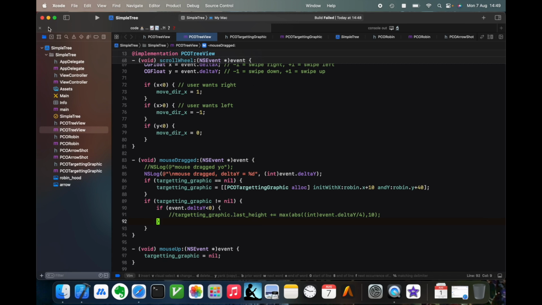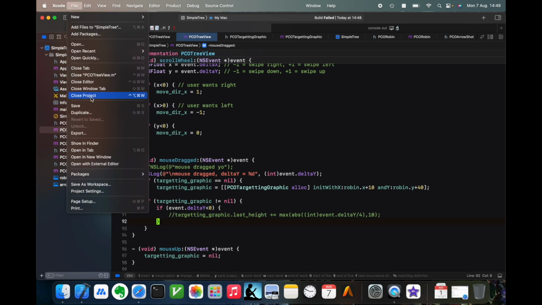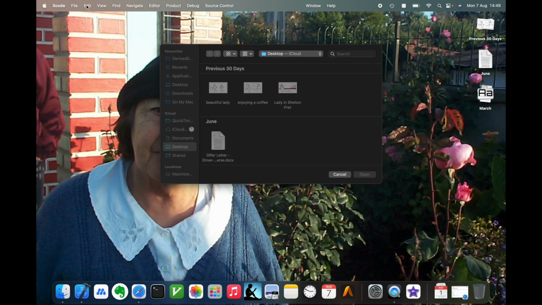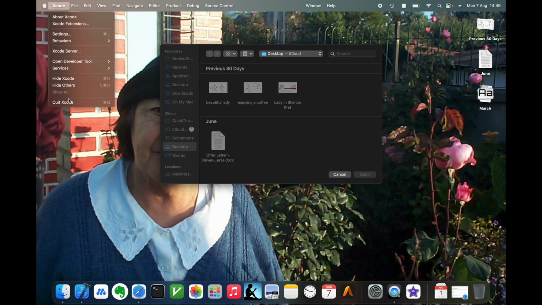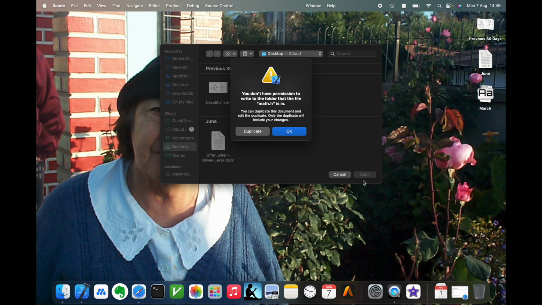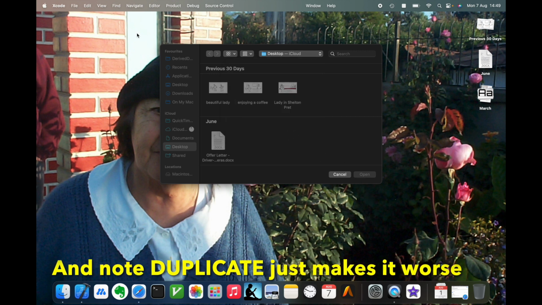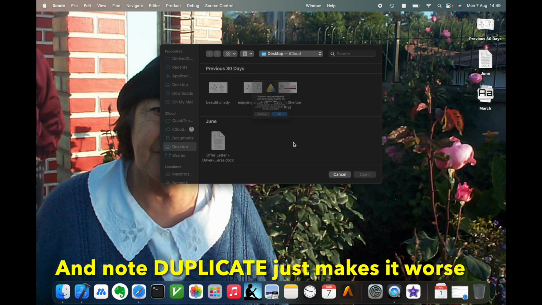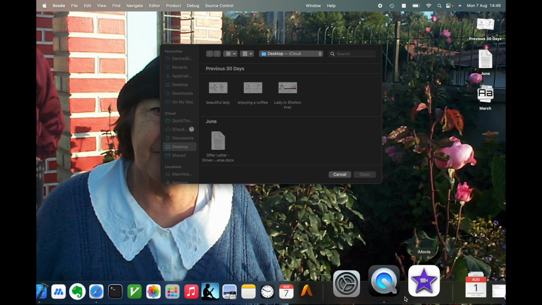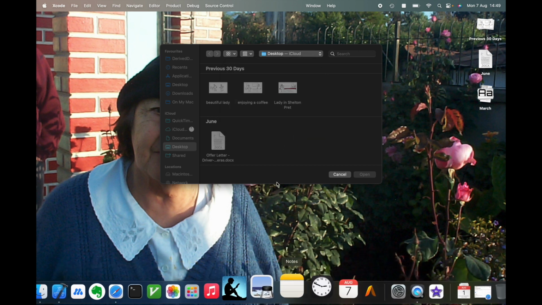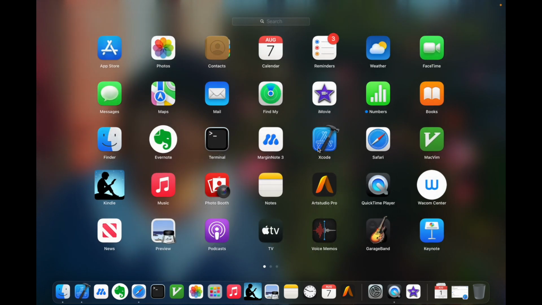So I want to try and get this thing, let me see, close the project. And close Xcode as well this time. Maybe this will fix it. So maybe now, yeah, it's okay. It doesn't. You see how it's messed me up? It's not letting me go. You see how bad that is? So now it's insisting that it's going to try